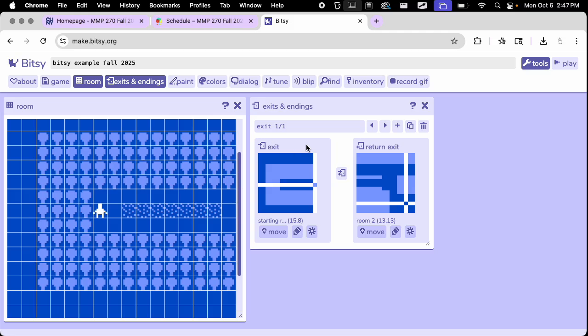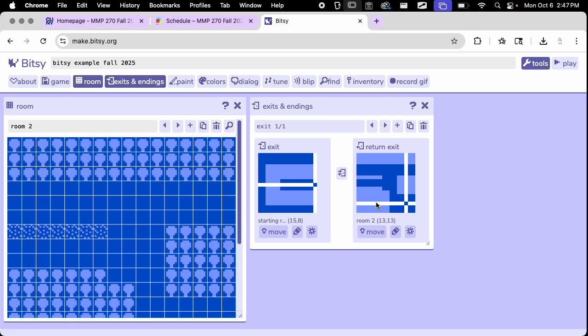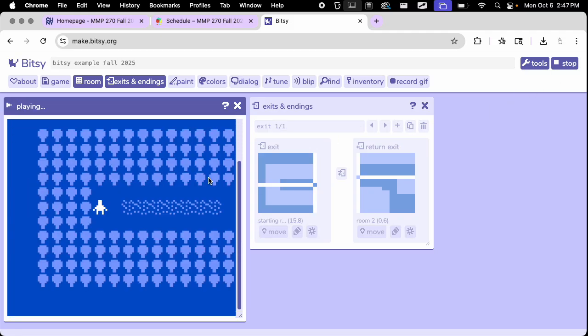So I'm just going to click move and then click inside, whoops. Oh wait, I don't think that's what I wanted to do. Okay, I want to click move and then click here. There we go. So you click move and then click on the block where you want this to go. And so then we go to room 2. So if I click on this part of the exit, it brings me to room 2. And now I choose here where I want this to go. So again, I have to click move first and then go back to the room and click where I want it to go. So now if I play this game again,